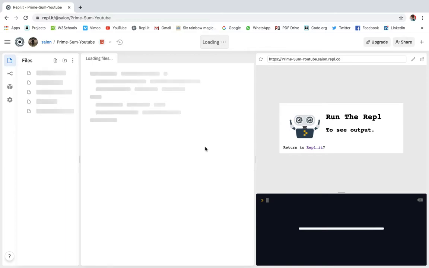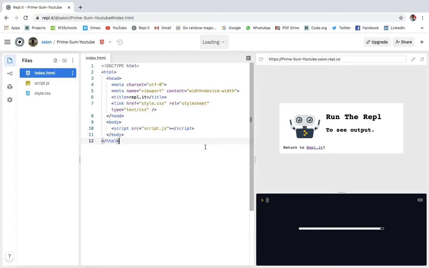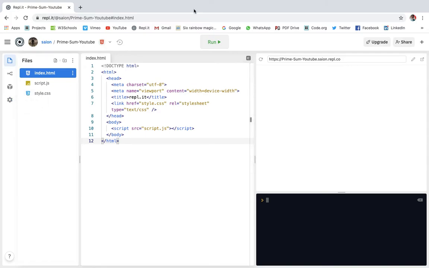In this program, we will have an input field and a submit button. We will give a number in the input field, and when we press submit, it has to bring two prime numbers, and if we add those prime numbers, then it will be the value that is in the input field. Okay, so we are making this today.